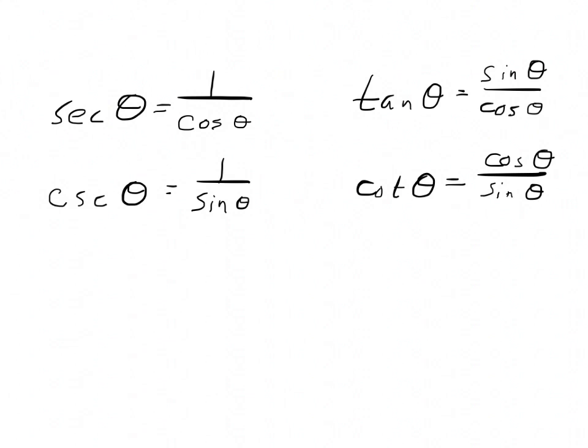So if you followed the first video and understood how to find sine and cosine, we should now be able to go back and find secant, cosecant, tangent, and cotangent for any angle, because all of them are simply related to the sine and cosine values. So in this video, I'm really intending to just go through a few example calculations of these. So for instance, what if you were asked to find the secant